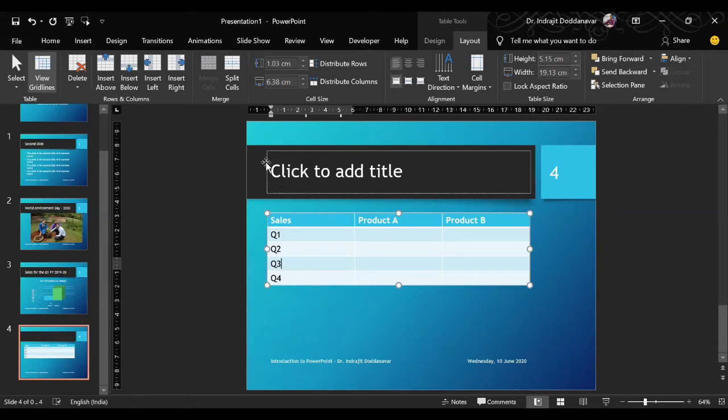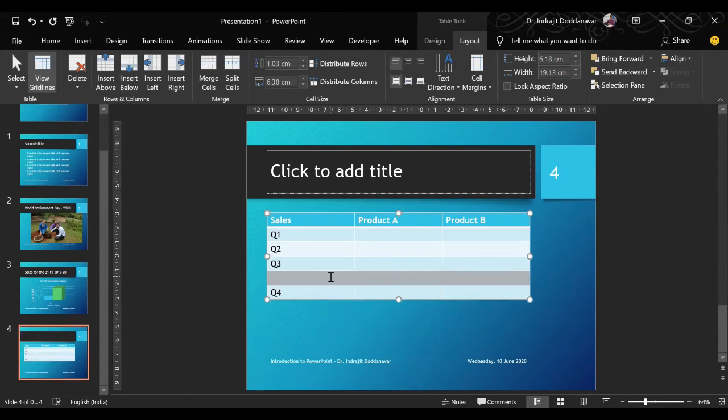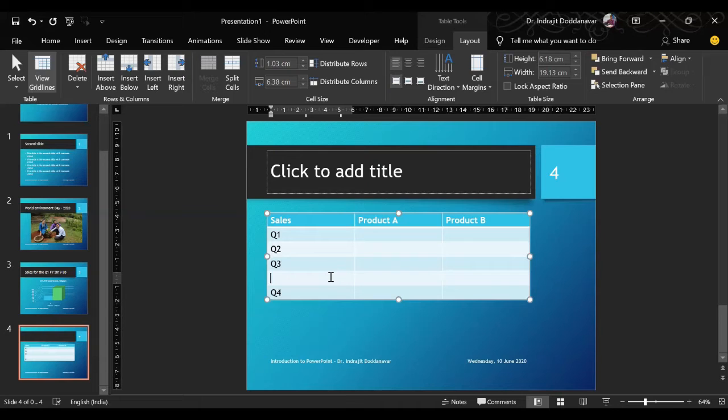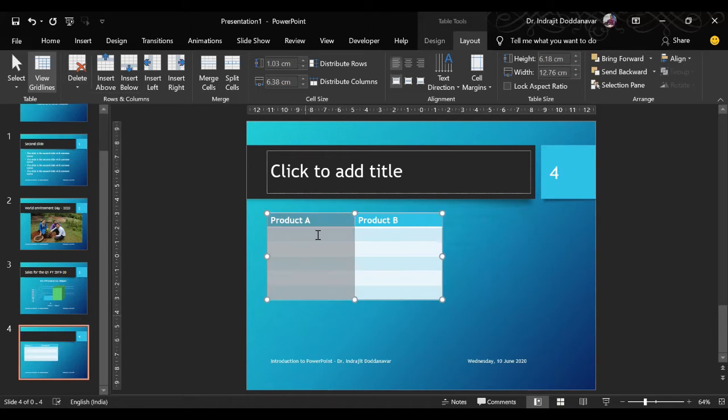Suppose you want to delete a particular column, like you have inserted a column or a row which was not necessary. How do you delete it? You go to that particular row, and here you have got something called delete columns, delete rows, delete table. When you click delete column, it will delete that particular column where the cell is. Let me show you an example. When I click delete columns, the entire first column has been deleted. Why? Because my cursor was in the first column, right?